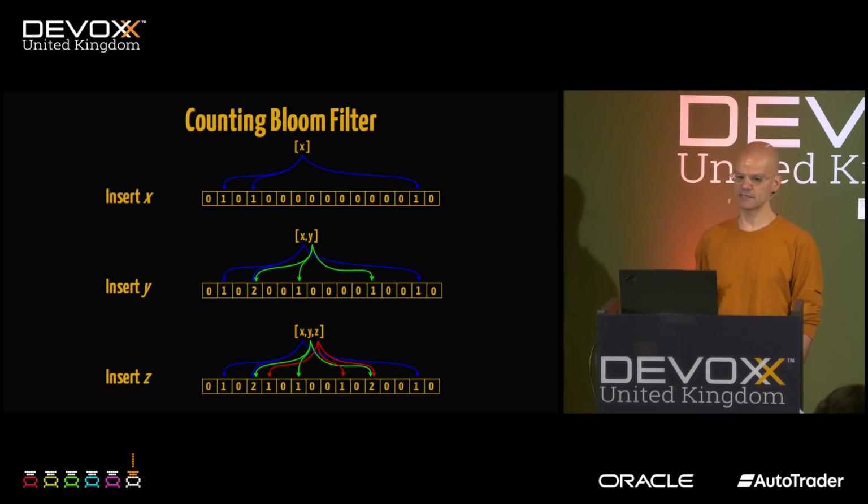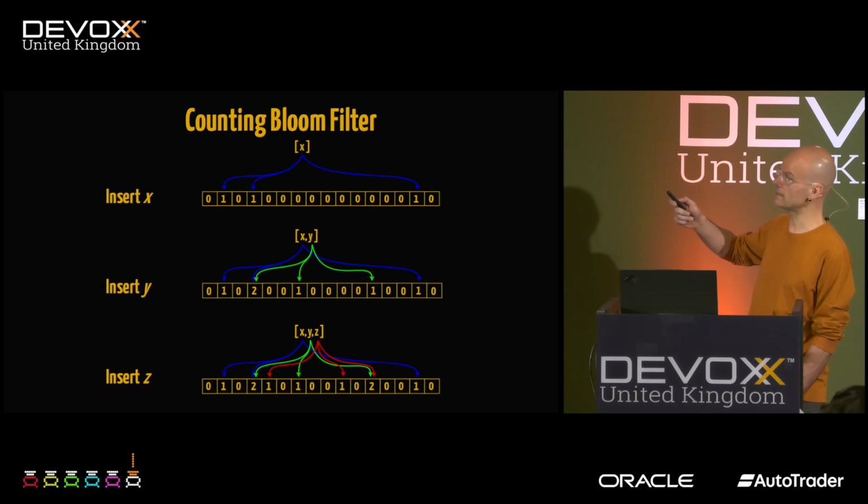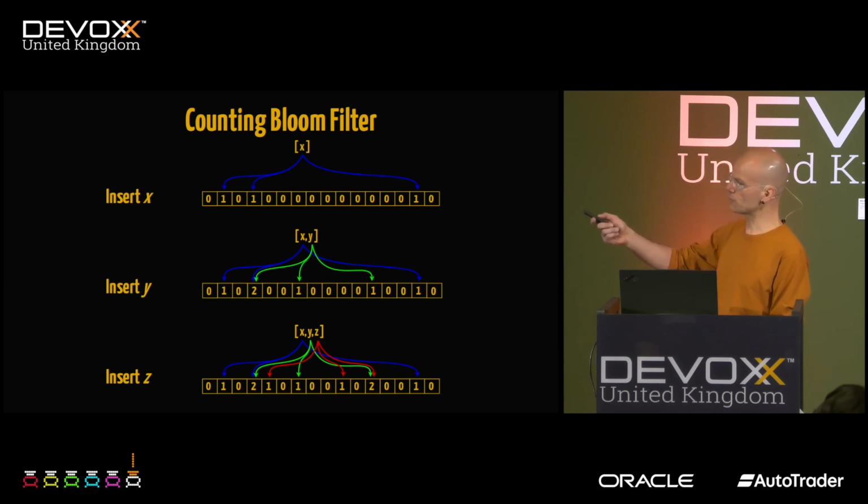So if we insert X, instead of setting a bit to 1, this is a number, so we increase the 0 to 1. And when there's a collision, of course, we increase the number that we found. So when we insert Y, there's a collision at the second hash function, and so the value from 1 becomes